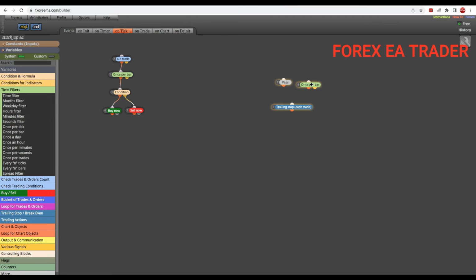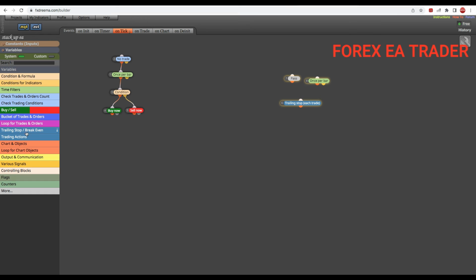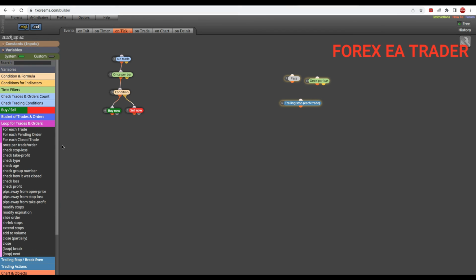Let's just move this to the side like that. So the last approach that I'm going to show you will be here, where you can go for loop for trades and orders. So you can say for each trade, then you say pips away from stop loss. So we can say